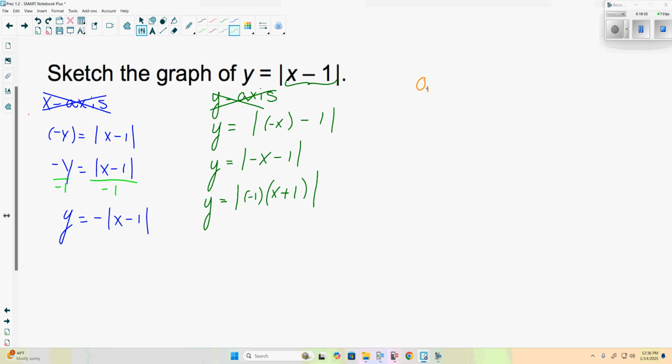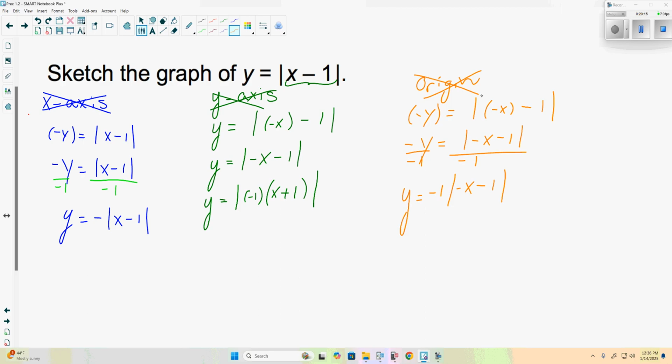Now the only other option is the origin. And with the origin, we're going to replace the x and y with negatives. So negative y is replacing y, negative x is replacing x. Again, we can divide by negative 1 like we did last time, and there's no way for us to get rid of that negative out front. So again,